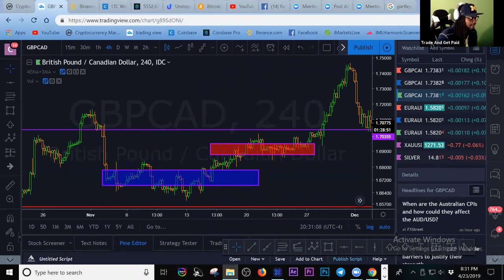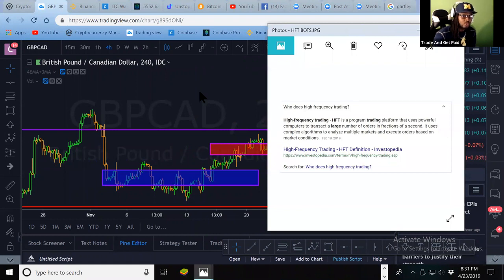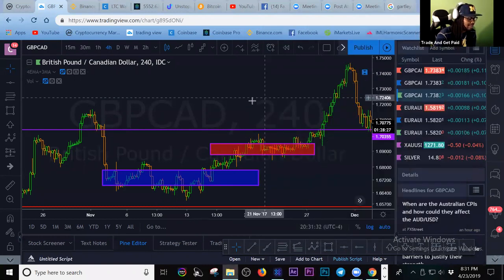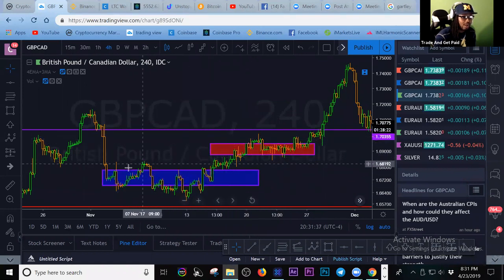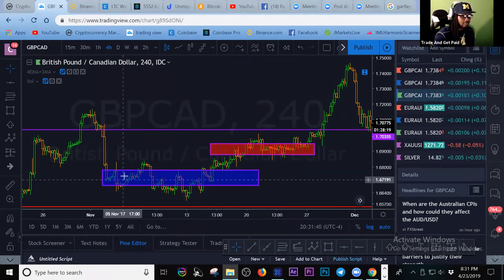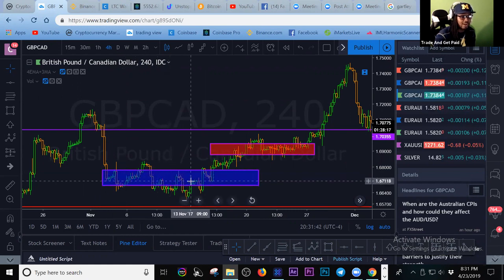Right here is the reason why. If you Google high frequency trading, right? High frequency trading is a program trading platform that uses powerful computers to transact large numbers of orders in fractions of a second. It uses complex algorithms to analyze multiple markets and execute orders based on the market conditions. When I tell you, I feel like I've cracked the code when I did this. I understood that fibs were coded into the algorithm. So I understood 50%, 618 are deciding zones for the market,